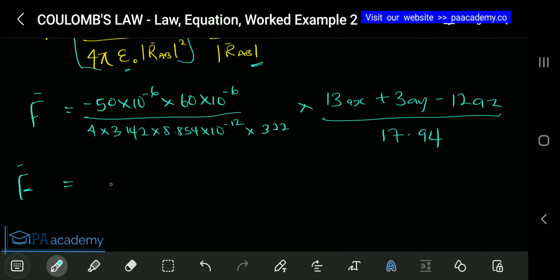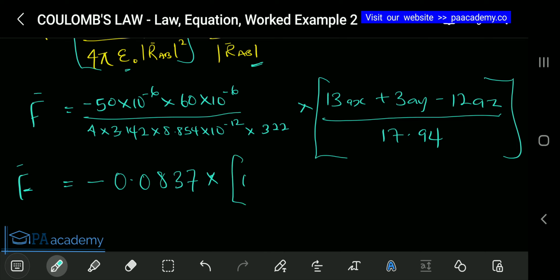So we've gotten this to be minus 0.0837. So what we are having here also, we are going to divide it. That means we are going to divide 13 divided by 17.94. That will give us 0.72. Let me just also put it in 4 decimal places: 0.7246